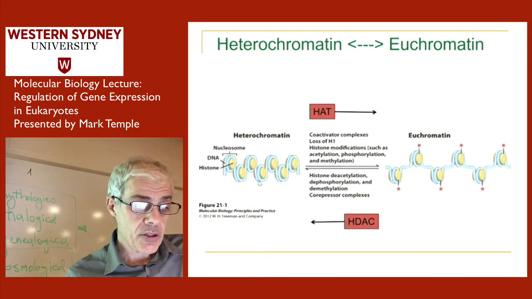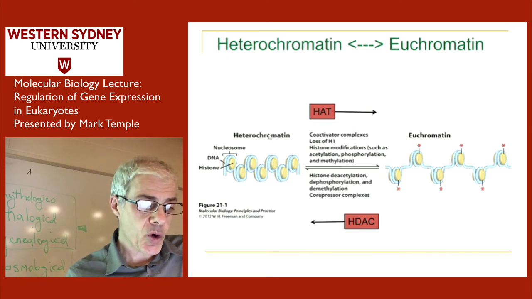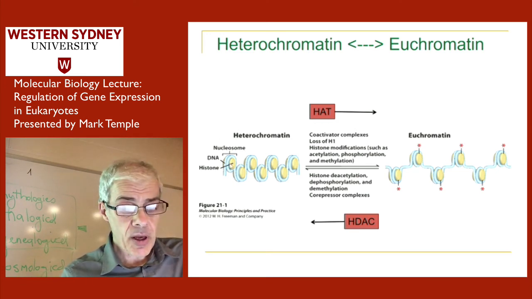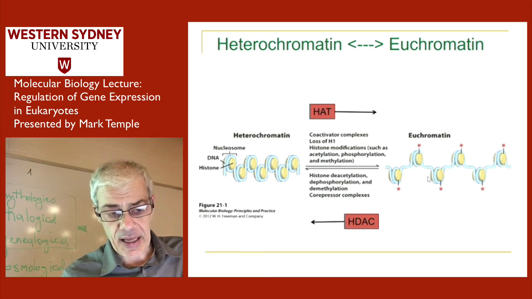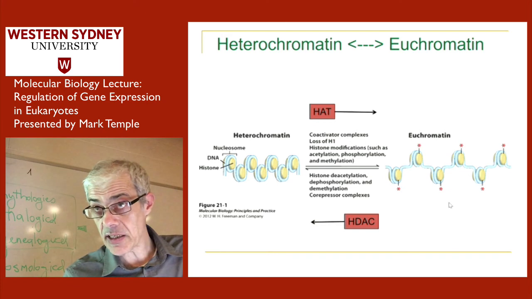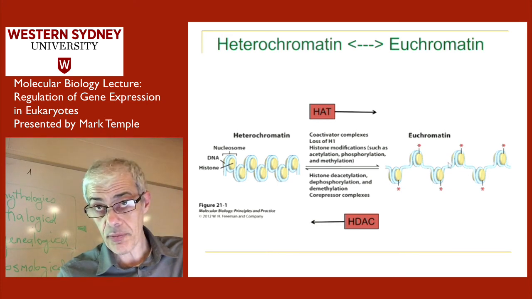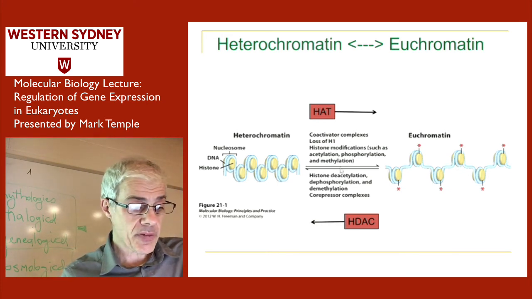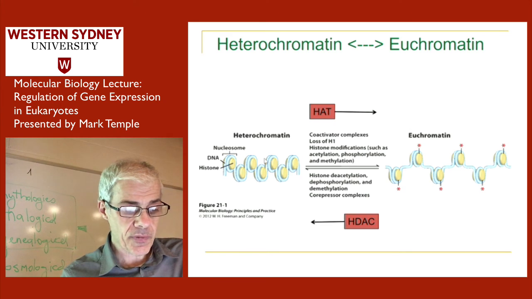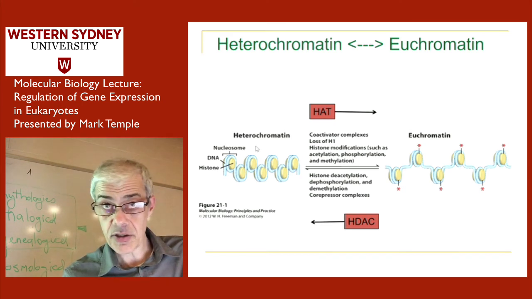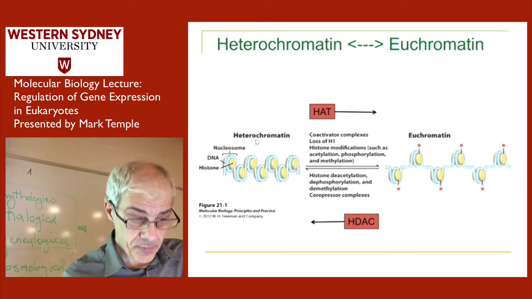Okay, so chromatin can be in two forms. One form is very difficult to transcribe from, or express genes from, and the other form is open, and then we can start to get transcription activators in there to help turn genes on. In this form, you can see it's very difficult for the polymerase to get access to the promoter region of the genes.